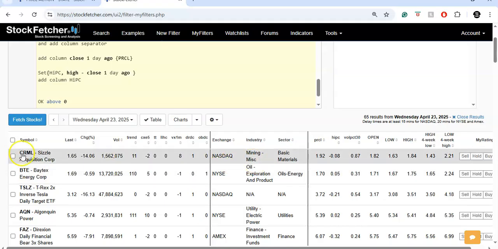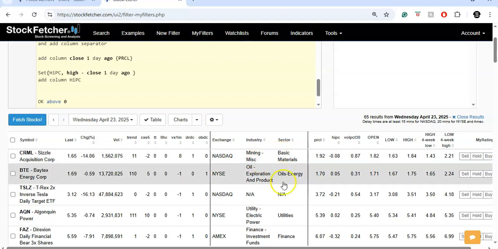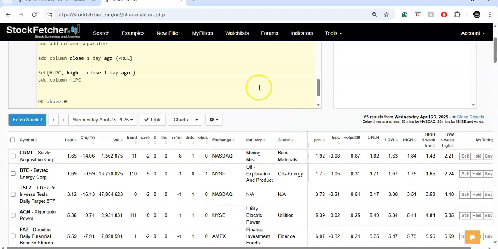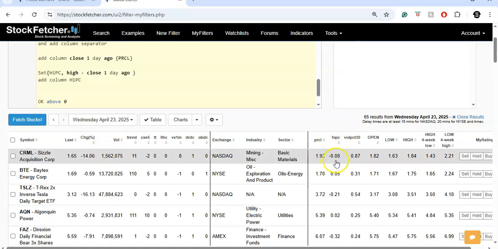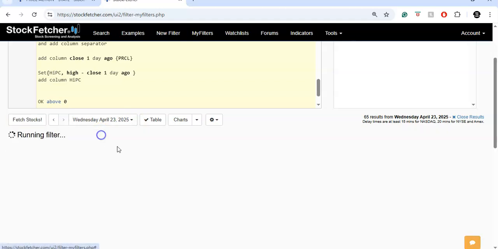Now, since I don't even know these stocks and I don't really care to know them, but I would like to know what exchange they're on, the industry, and the sector, because that way you can say, okay, maybe oils are hot, so yeah, maybe I want to trade oil versus basic materials. And these next two columns here, this is kind of important. Previous close was 192, and the high minus previous close was -8. So remember, this is for today. But if you go back to the previous day,